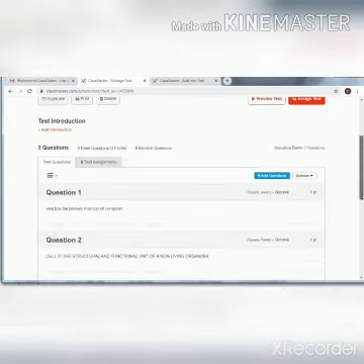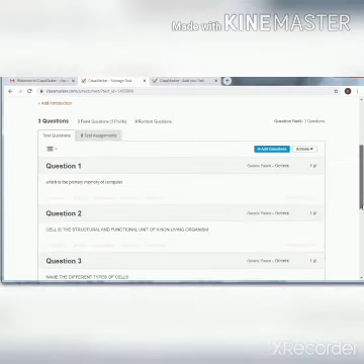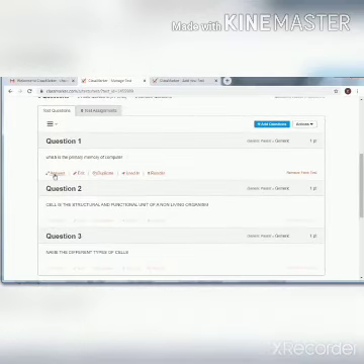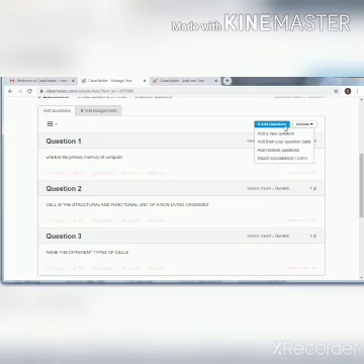In the edit option you can see that which is the primary memory of the computer. Here answer, edit, duplicate, used in, recorded, every option is there. Whatever you want you can do it also. If you want more questions to be added, you can click on add more question, then you can find it.